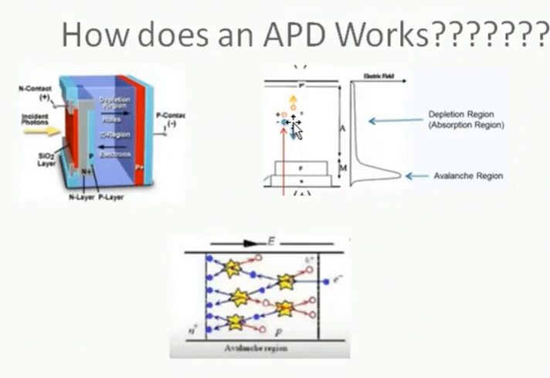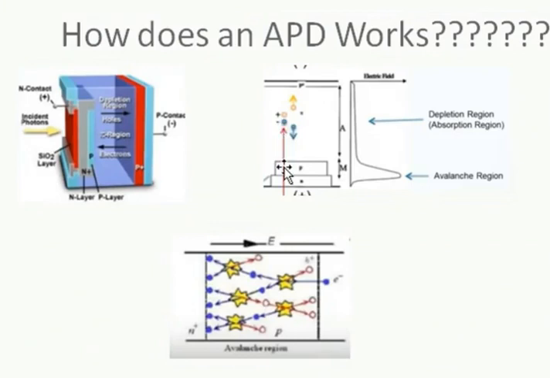Since the holes drifting towards the cathode encounter no avalanche region, no avalanche process takes place. On the other side,